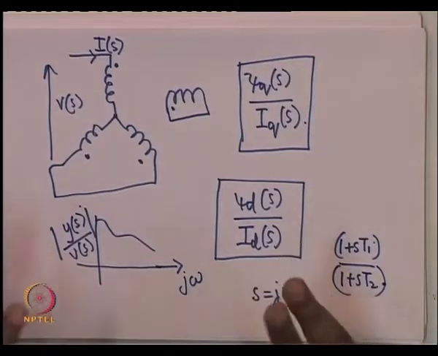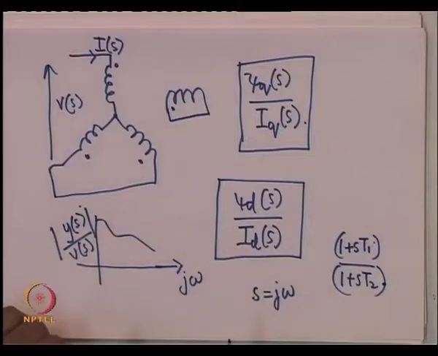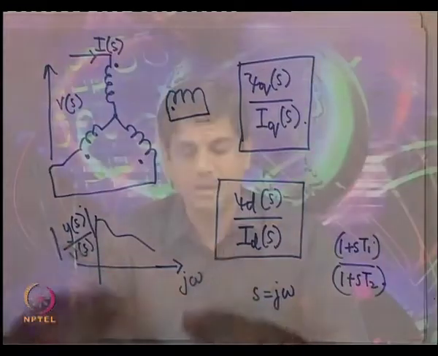The answer is that in general, in physical systems, whenever you take out the frequency response of transfer functions by testing the physical system, you will find that it usually will not match exactly with the transfer function obtained analytically via some model. Okay, because there are always some kind of approximations implicit whenever we obtain a model of a synchronous machine. Okay. So, for example, if we take the model